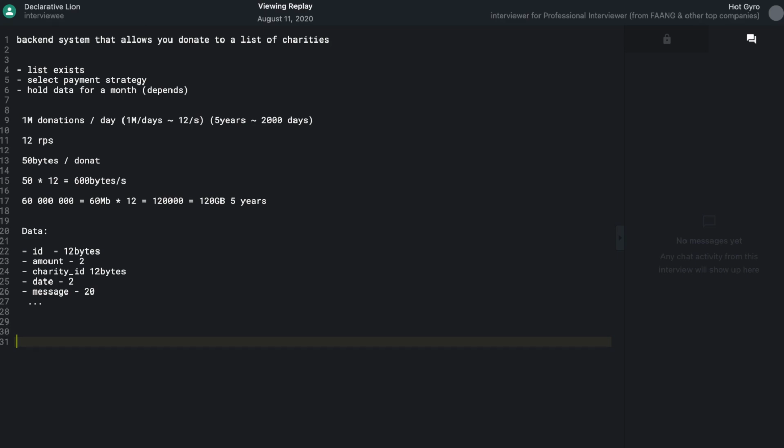Okay, let me try to understand this. This new service here, how is it related to the queue? Is this service reading from the queue and then calling the processing service, the payment service? Is this the same thing as that? Yeah, that's true. And this is your microservice here, right? You have multiple copies of this, right? Yeah, that's true. And where does this load balancer fit? Is it going to be here?